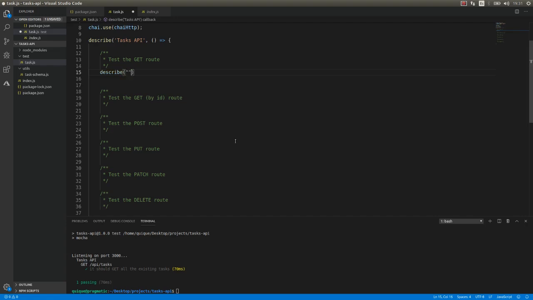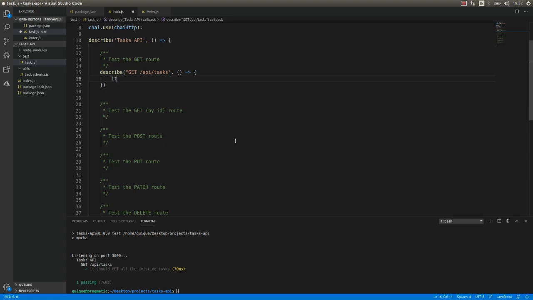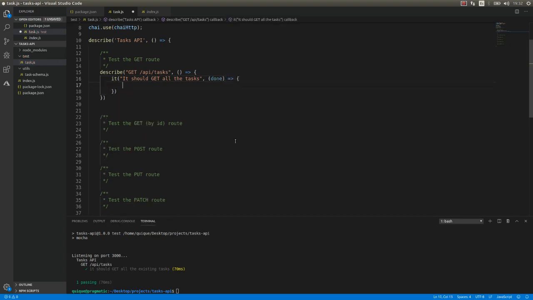So let's say get /API/tasks, and we pass an arrow function here, and here we say it should get all the tasks, and we pass the done object as a parameter, and here we use chai, where we say